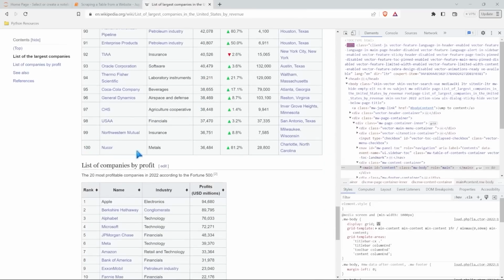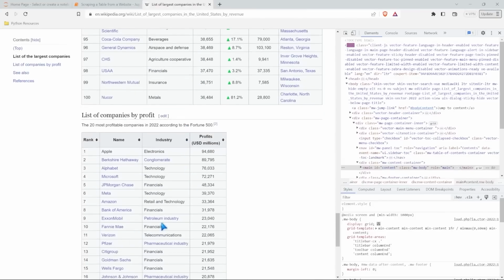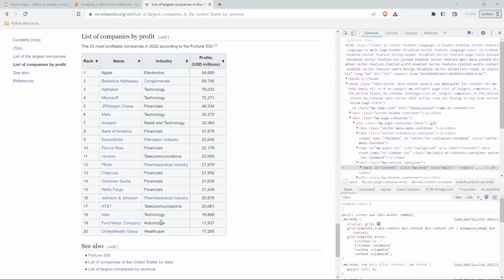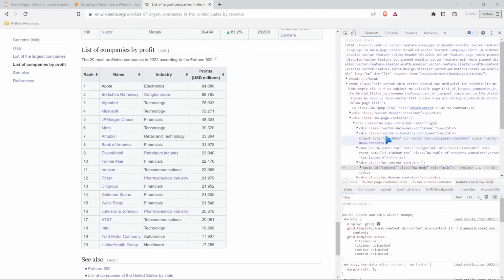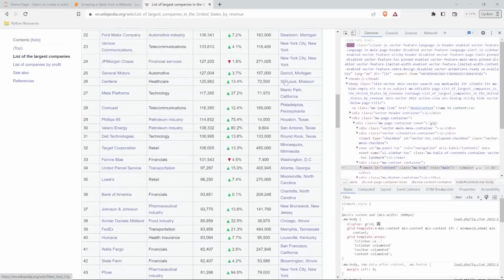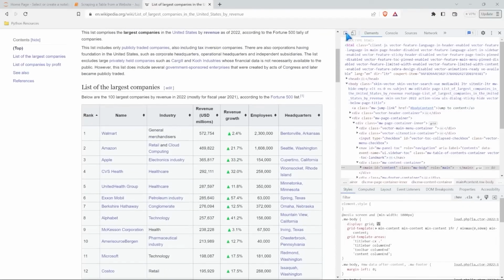All right, that looks pretty good. And then there is another table. So there's not just one table in here. There are two tables in this page. So that might change things for us, but let's come right back and let's inspect our page by using this